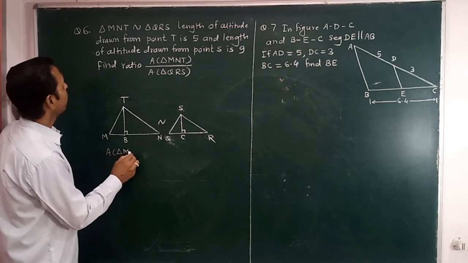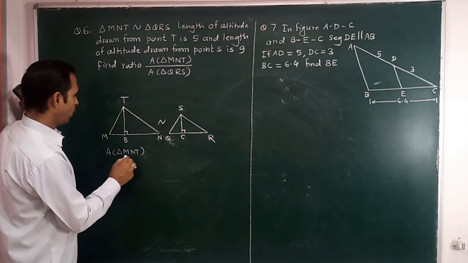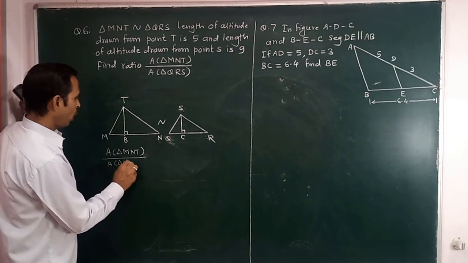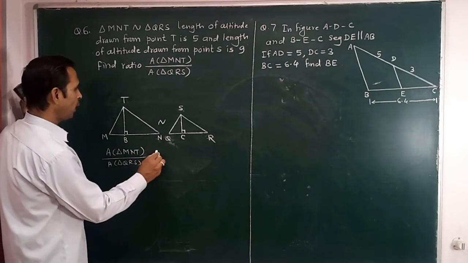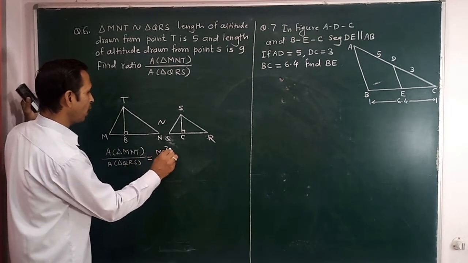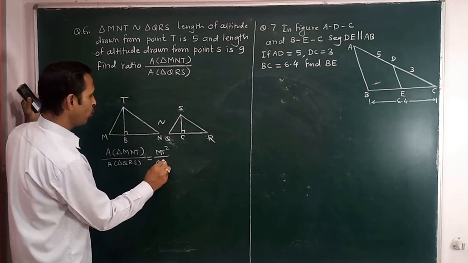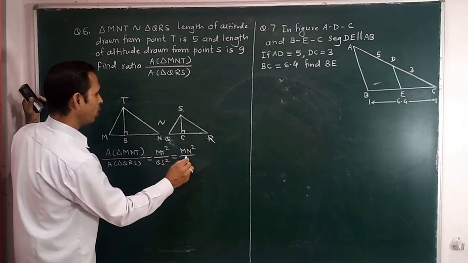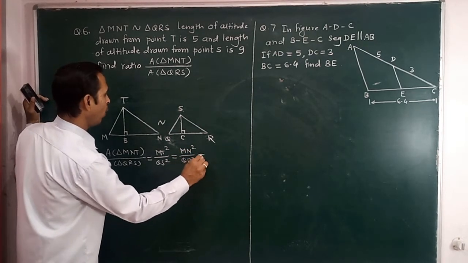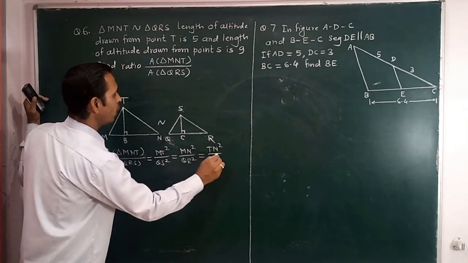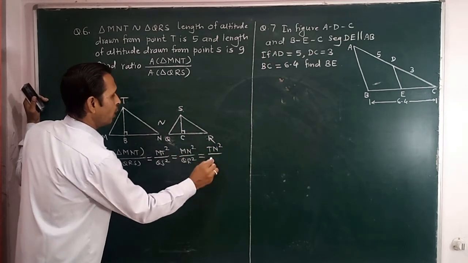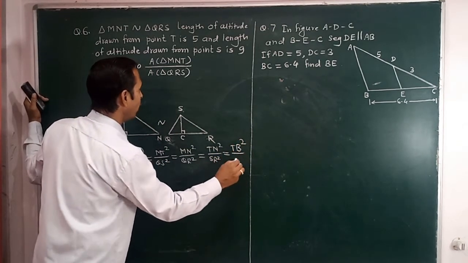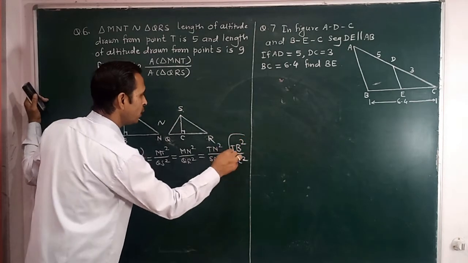area of triangle MNT divided by area of triangle QRS is equal to, by using the formula, MT square divided by QS square, or MN square divided by QR square, or TN square divided by SR square, or we write as TB square divided by SC square. This is the ratio,